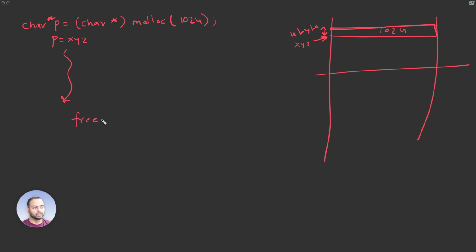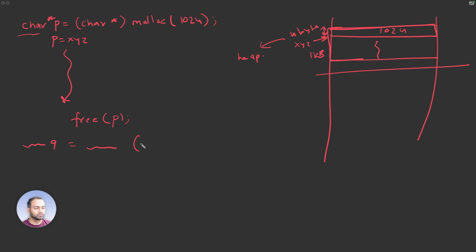Then we said free P. Very nice. So all of this space here now, let's say this was whatever 1 KB. So all of this space, 1 KB plus 4 bytes, is now returned back to the heap. Nice. Now what happens is you do again something similar, Q, something similar to this, that is, and then you